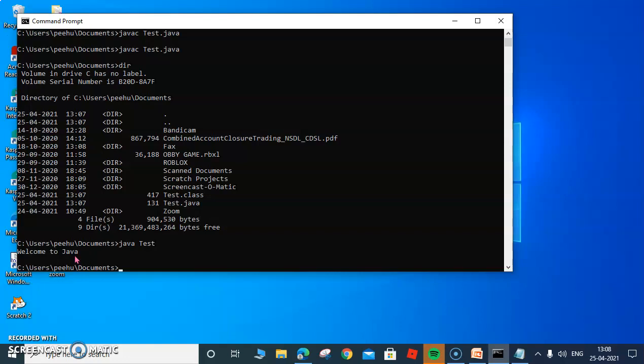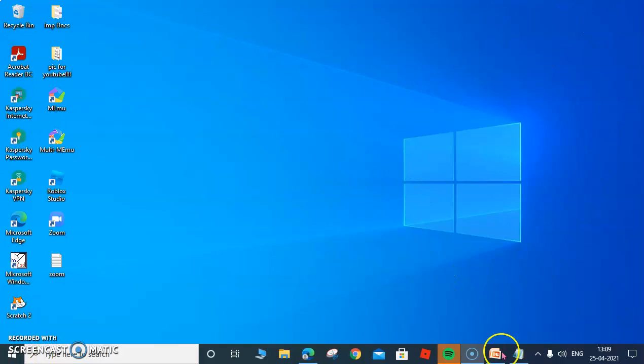So this is the way you need to install and set the path, and those are the two exercises you have to do only once, but the rest is how to type a program in notepad, save, and then how to compile from command prompt, and how to run it. So I hope that this was good enough for you, and I hope that you must have understood.